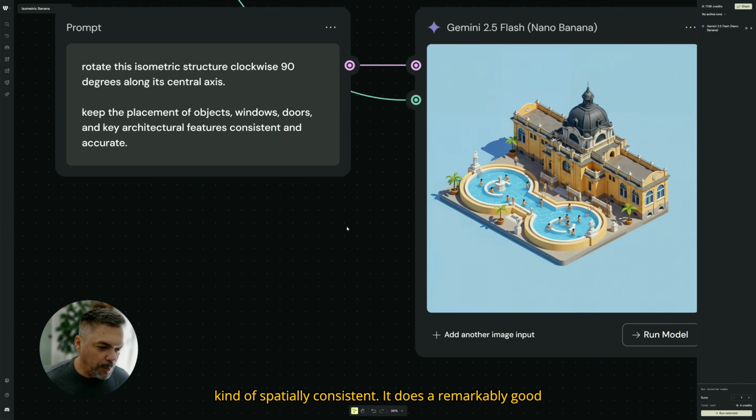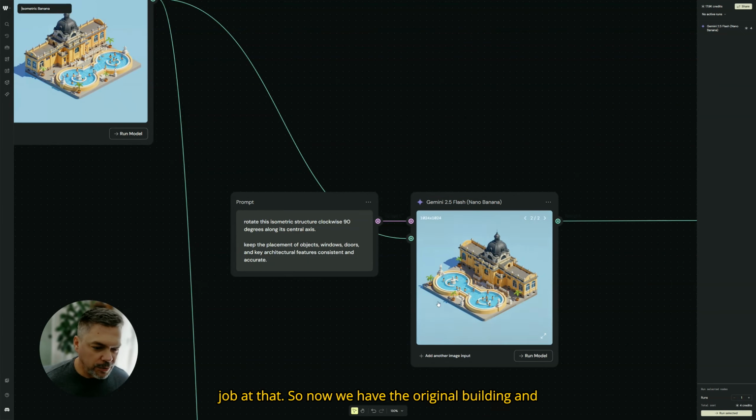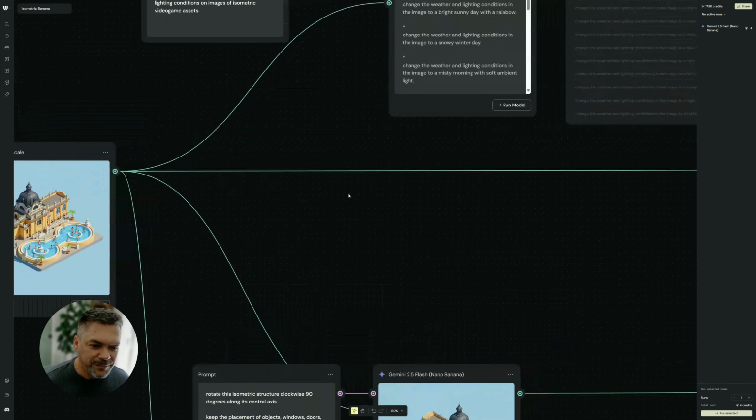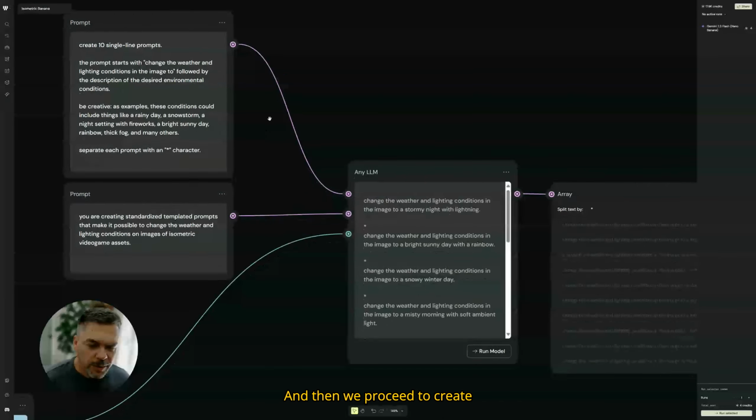It does a remarkably good job at that. So now we have the original building and this 90-degree rotated version of it, and then we proceed to create